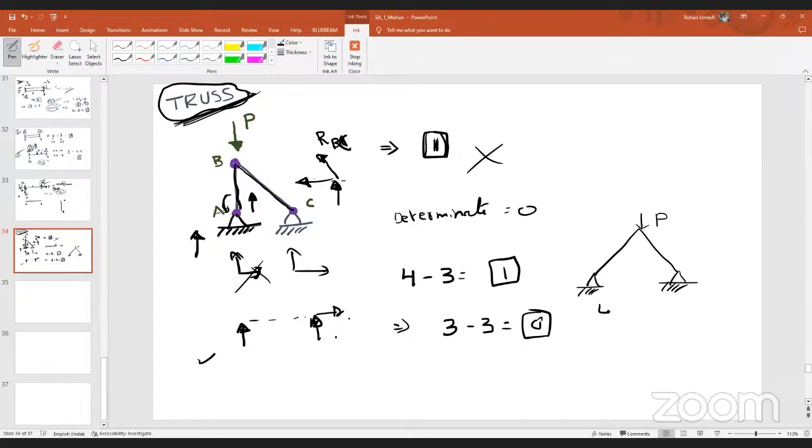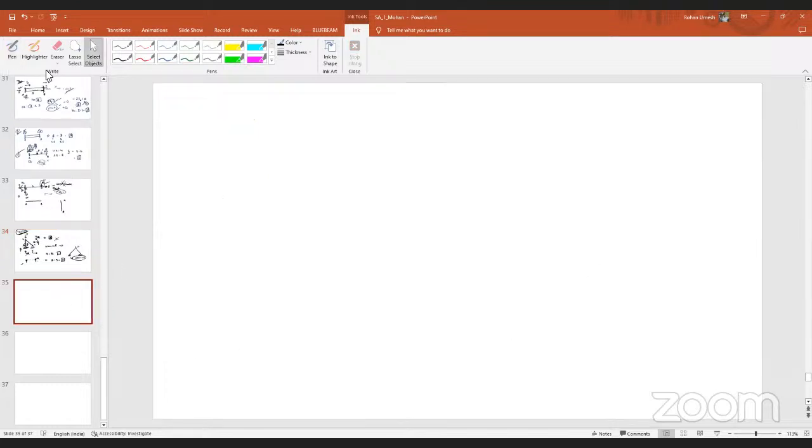But still I can say this is determinate. I will tell you why in the coming classes. Why it is determinate, we will discuss clearly while solving the truss problems. Or I can tell you now itself. You guys have some idea about truss cases, right? Yes, sir. Okay. Now, if I take this example,